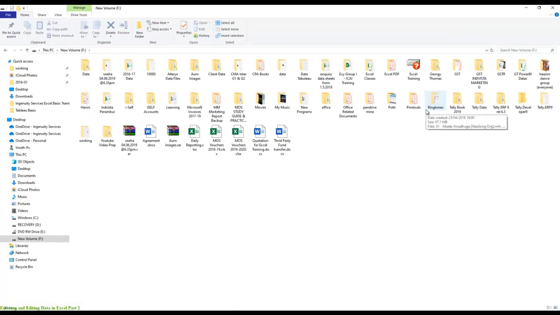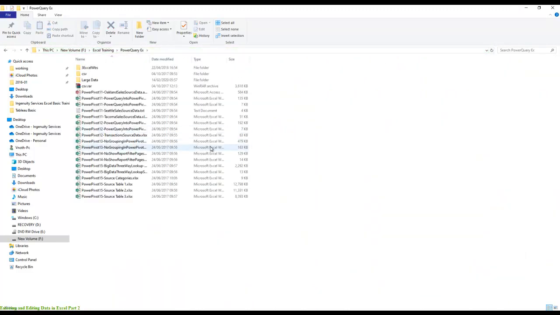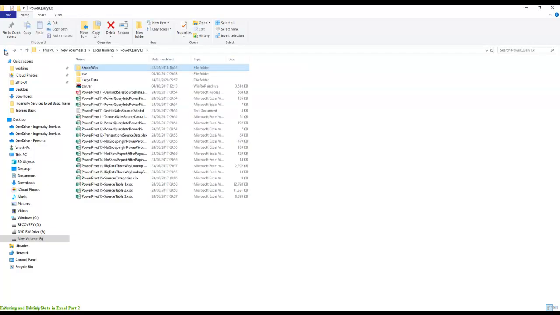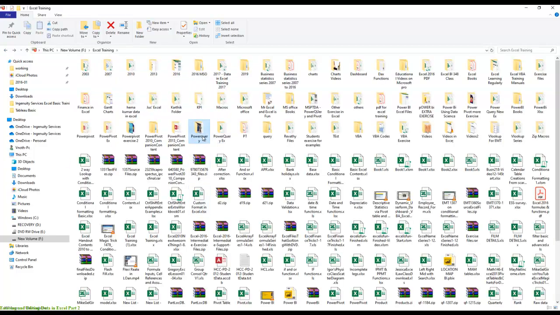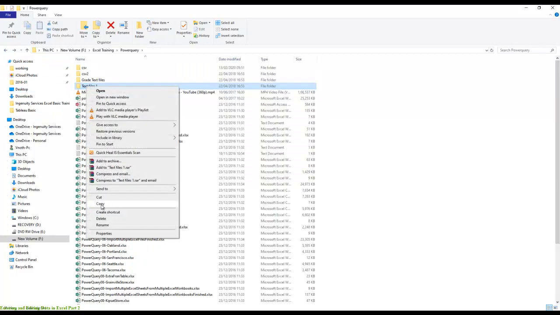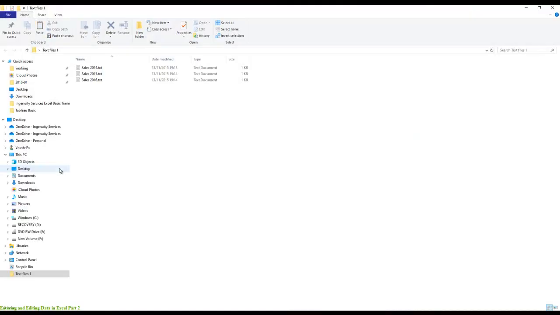bring that into place because it is not in Excel. It is in some other format. I can copy paste it, but it is going to take a lot of time for me to do that. Copy paste is one of the easiest options, but I don't want to do that. So instead, I would like to bring that data using a query option here, so that allows me to do things better. So now I'm just taking one of the folders here, copying it, and pasting it to our list. So this is the data that I'm going to work with right now, and you can see that I have 3 small data files coming